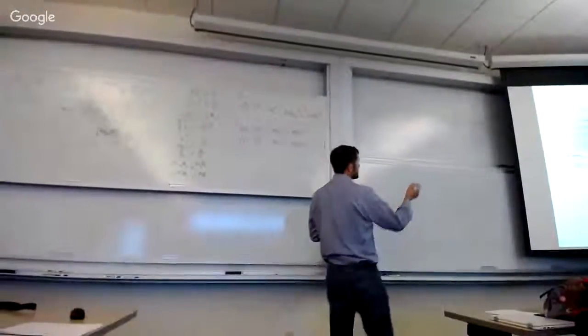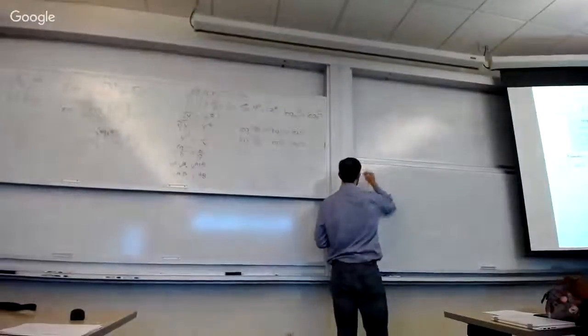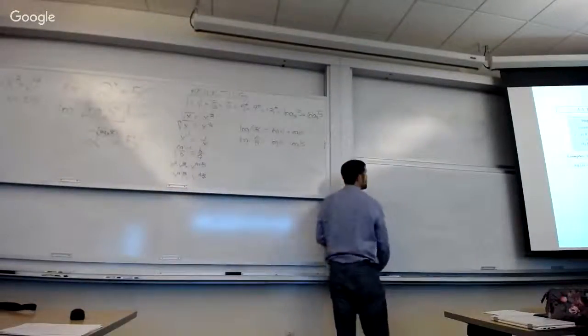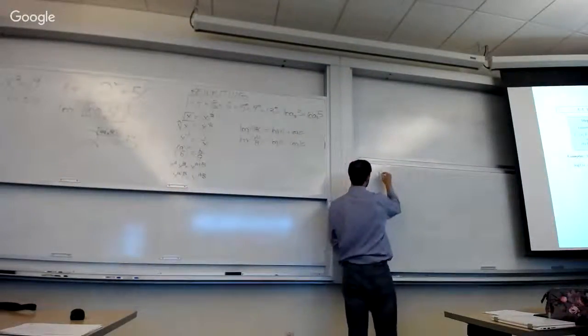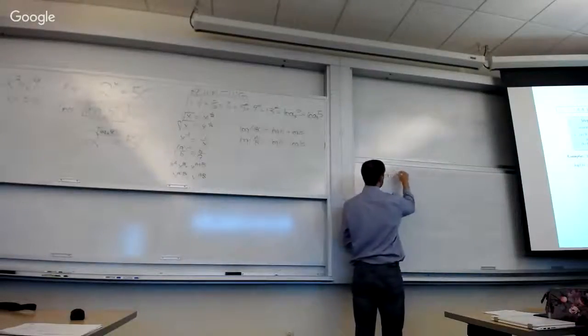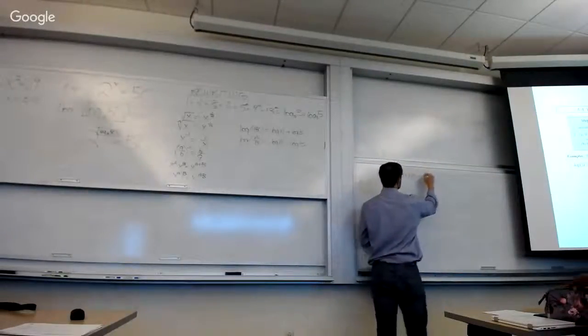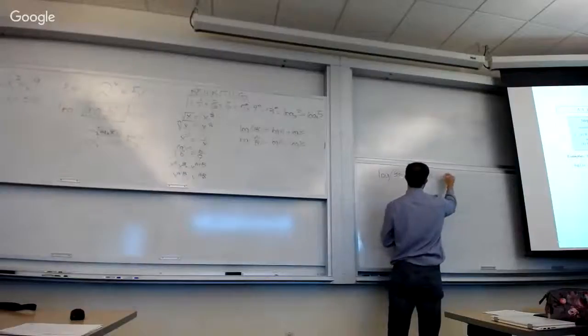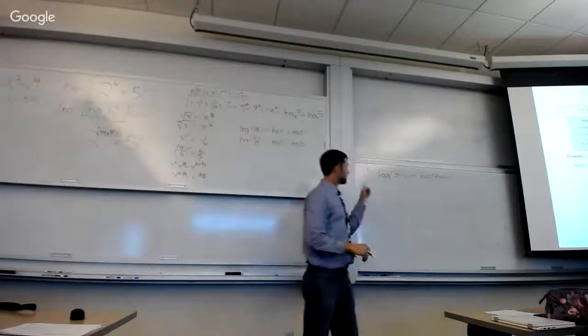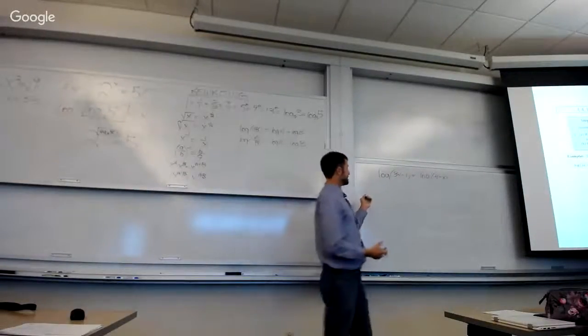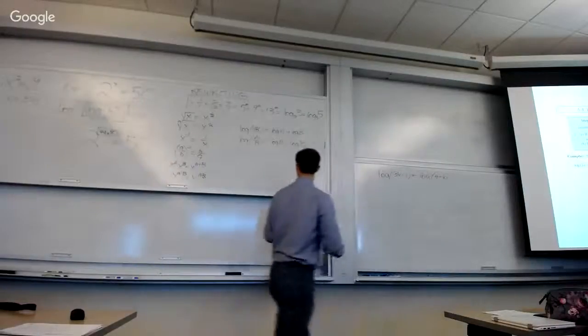Okay, so in number one, we have log of 3x minus 1 equals log of 4 minus x. Now, this problem is very similar to other problems we've done where we talked about exponents, where, for instance,